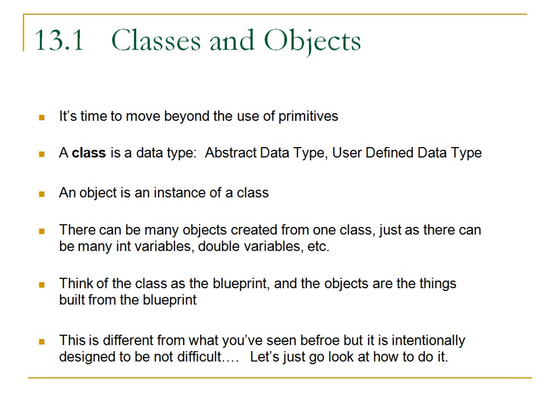There can be as many objects created from one class as you need, just as there can be as many int variables created as you need. Some people like to think of the class as the blueprint, and the objects that are created from it are the things that are built from the blueprint. So all of this is fundamentally